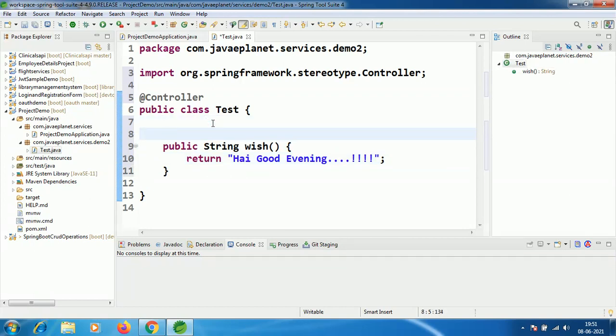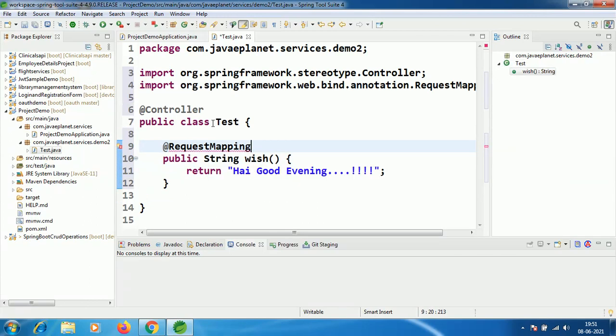Click here and annotate it with @RequestMapping, and write one URL, something like API.